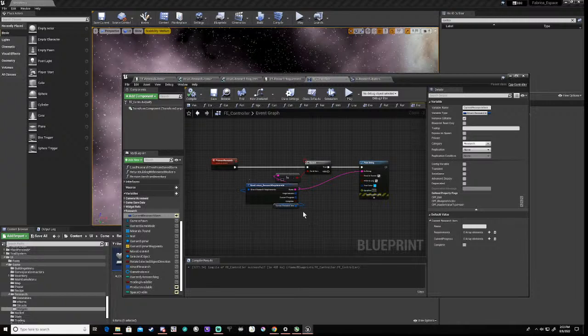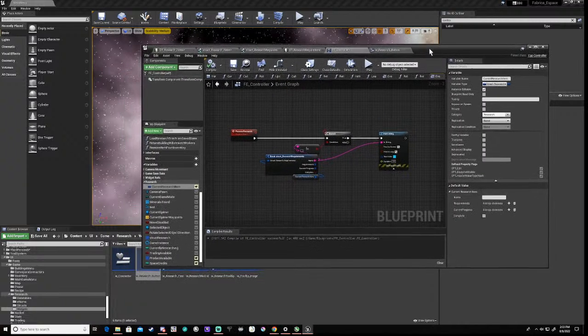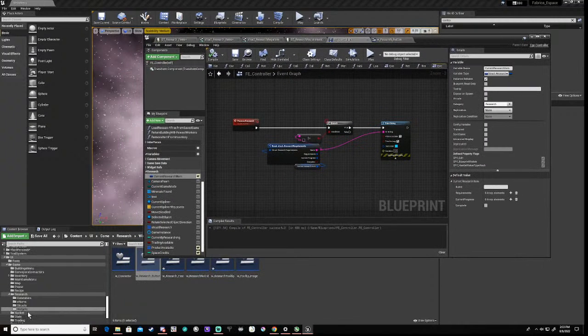When we set this up, right, now this leads us down another path. Okay, not a bad path, but what we're going to do is,